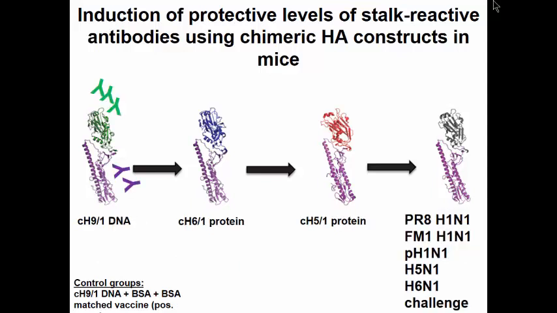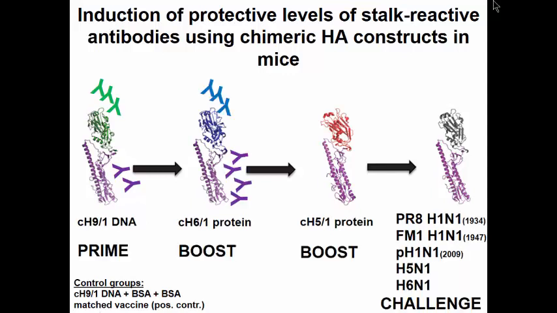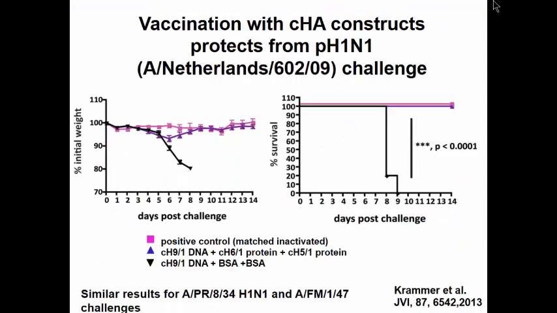So we get some immune response against the head and against the stalk. If we then vaccinate with a different head, we get again some head antibodies, more stalk antibodies, and yet more stalk antibodies as we vaccinate with a second dose. And then we ask the question, can we now protect the mice which we vaccinated that way? And so in this case, for example, we used the 1934 stalk, and we protected against the 2009 hemagglutinin,